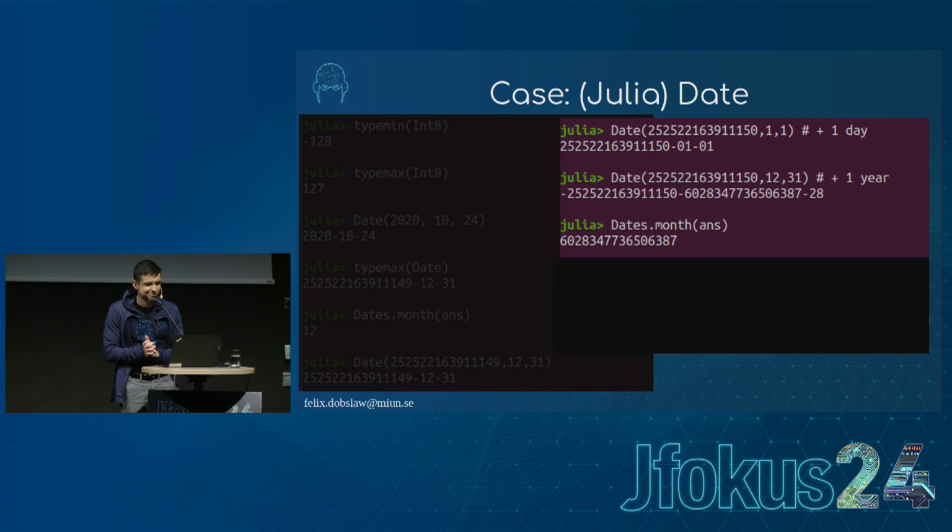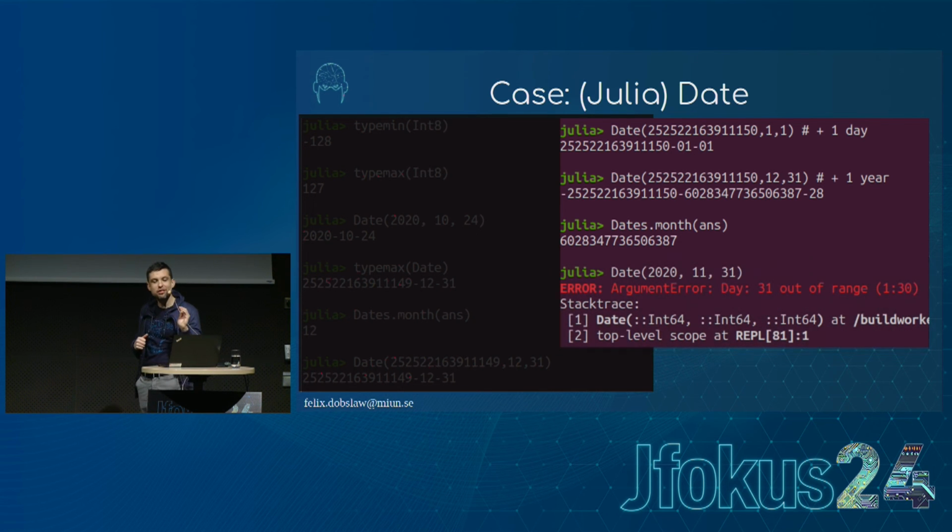Yeah, that's a weird one. That was an unexpected month, right? I don't know, is that December? No. But if I use the 31st of November, which is never a valid date in any year, there I'm getting